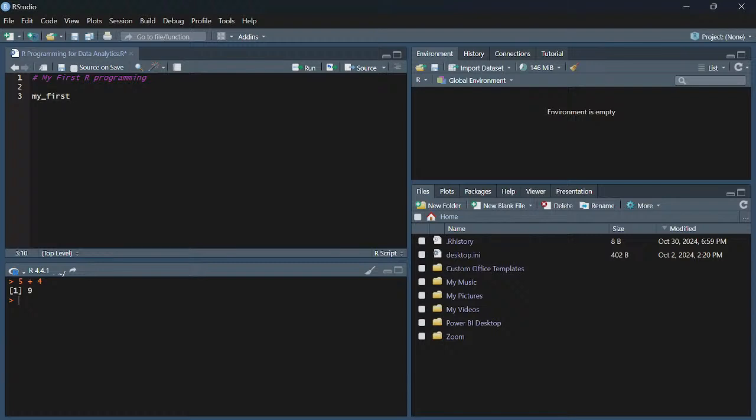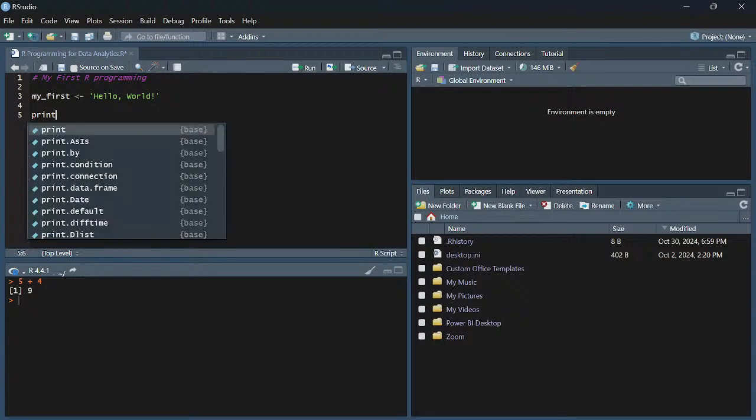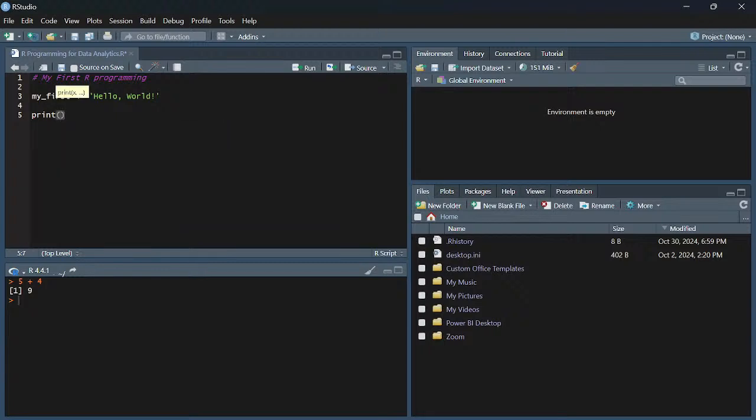So I'm just trying to write my first program, and then I want to write a string. So let me say hello world. Now let me say print. So let me use my first. All right. Now, if I select everything, if I want to run this particular thing, so what I will